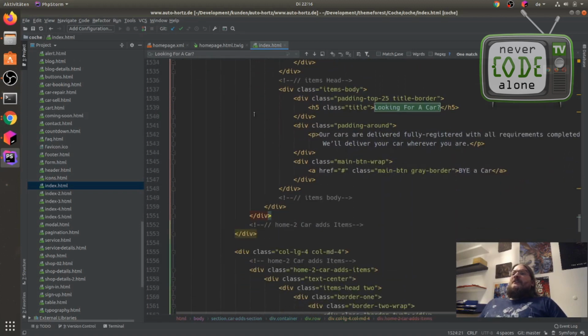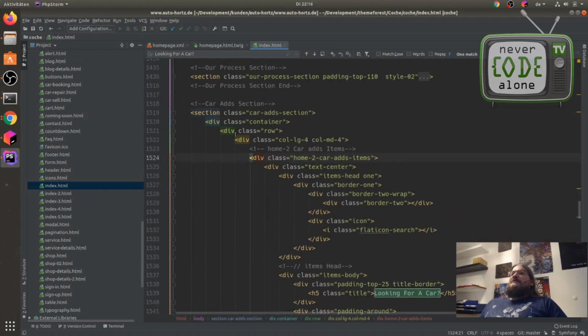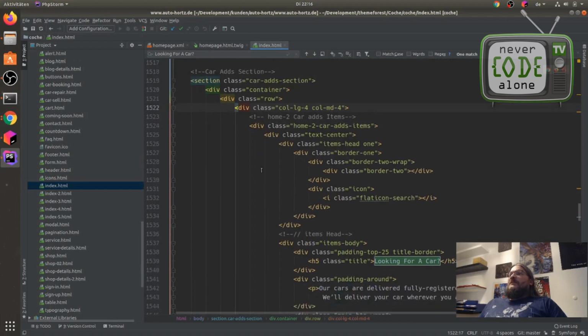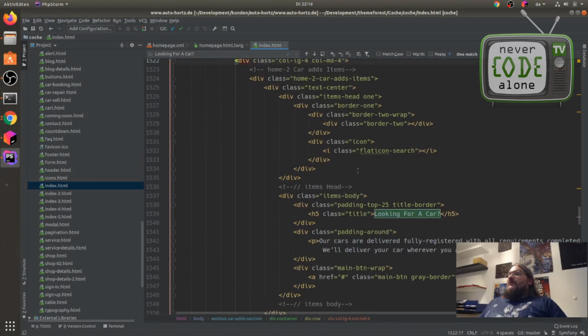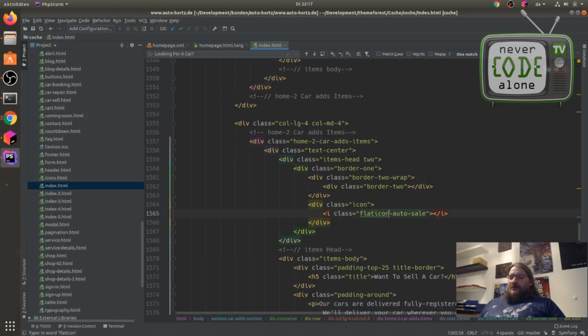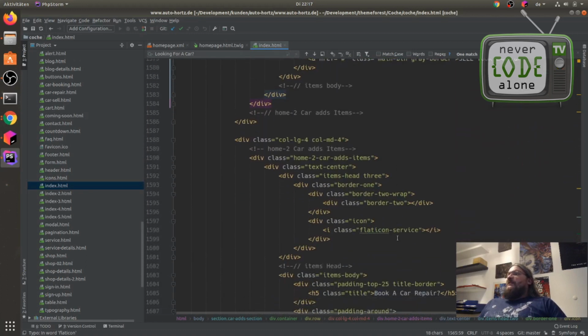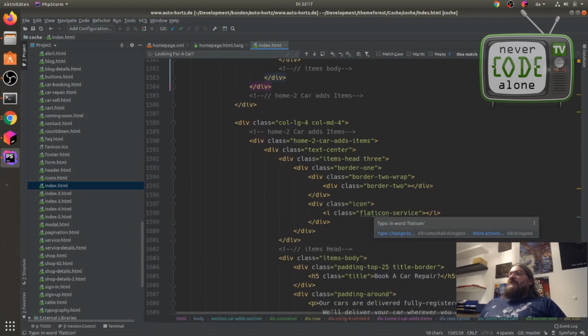and each car item has this icon outside. So we have our flat icon search, here our flat icon auto scale, and here our flat icon service.